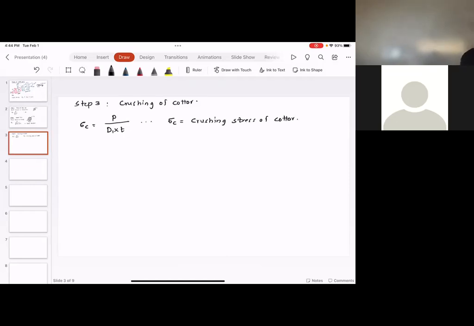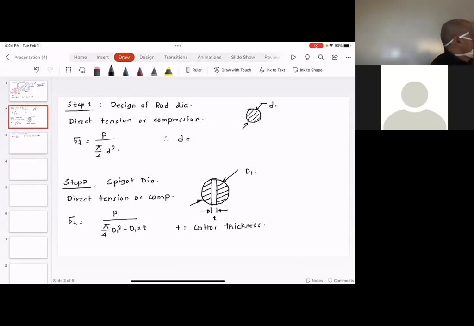Now, from here, please understand, you will not be able to find out what is D1 and what is T. You will be able to find out the value of the product D1 times T. Everyone understood this? Once you use this equation, you know the value of P. Say P is 100 newtons. You know the value of sigma C. From here, you are going to find out the product, D1 times T. You would substitute this value, D1 times T, in the previous equation,